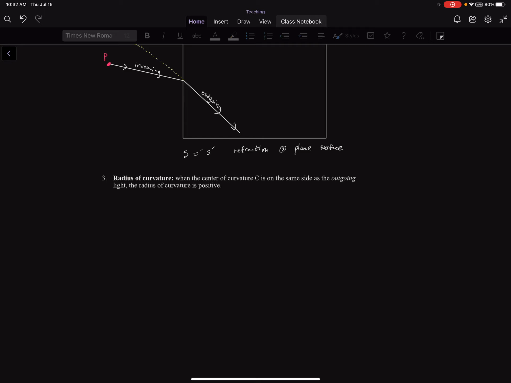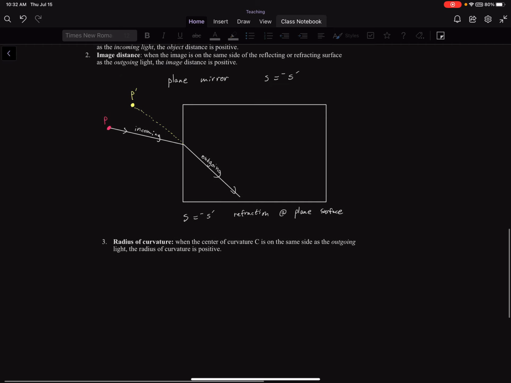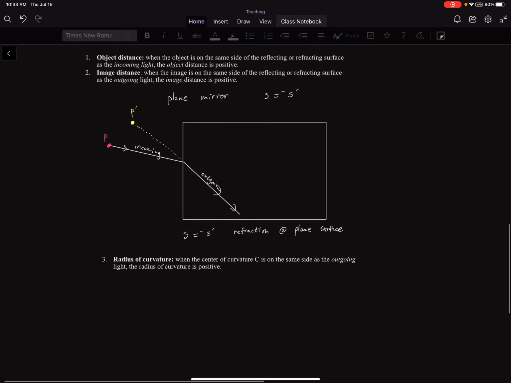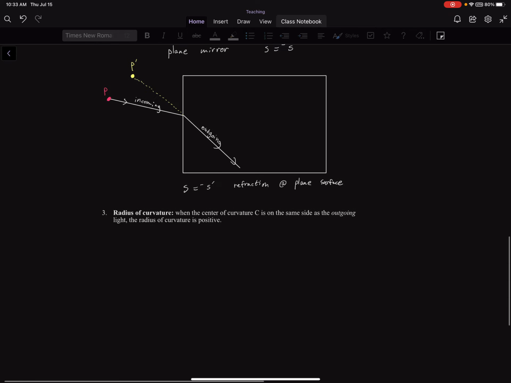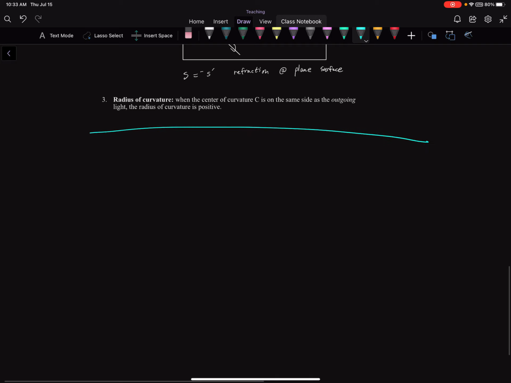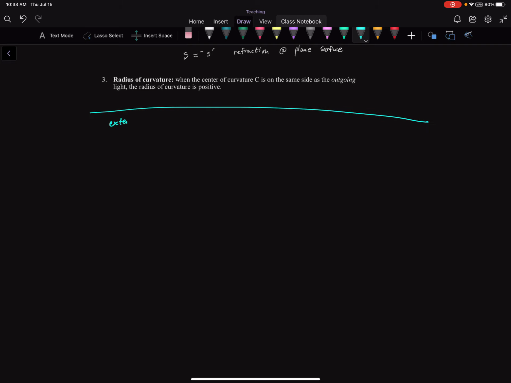All right, so one last thing to define before we move away from the plane mirrors. It's a very simple case, but there's one more thing that we can build up while we're still talking about the very simple case of reflection at a plane surface, and that is this concept of extended objects. So an extended object, as we mentioned before, is just an object with some sort of dimension, right? So we can actually determine the height of the image. This has nothing to do with our sine rule radius of curvature, just moving on to extended